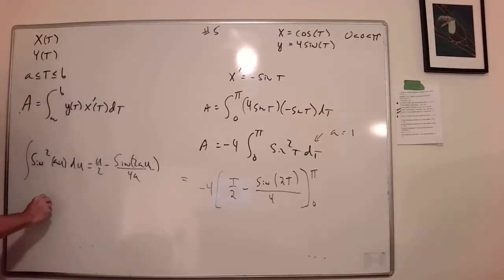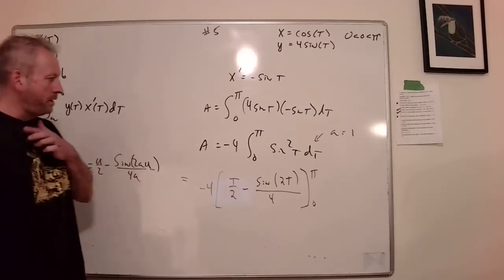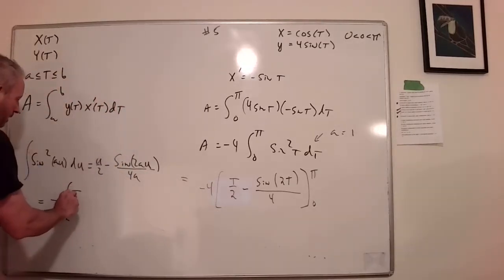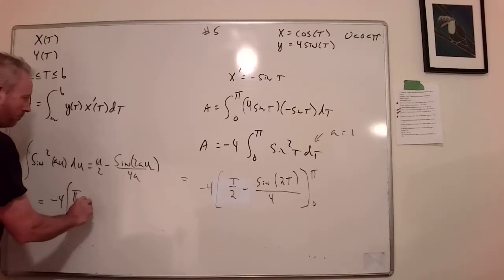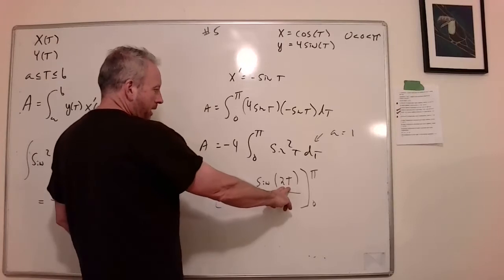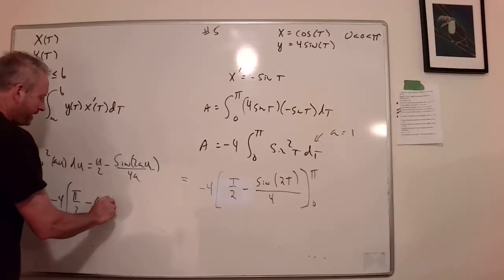Let's see, this is equal to -4 times, first we'll put the pi in, right? So pi over 2 minus, if I put a pi in here, we have sine of 2 pi. What's the sine of 2 pi? 0. So actually that all goes to 0. And then minus,